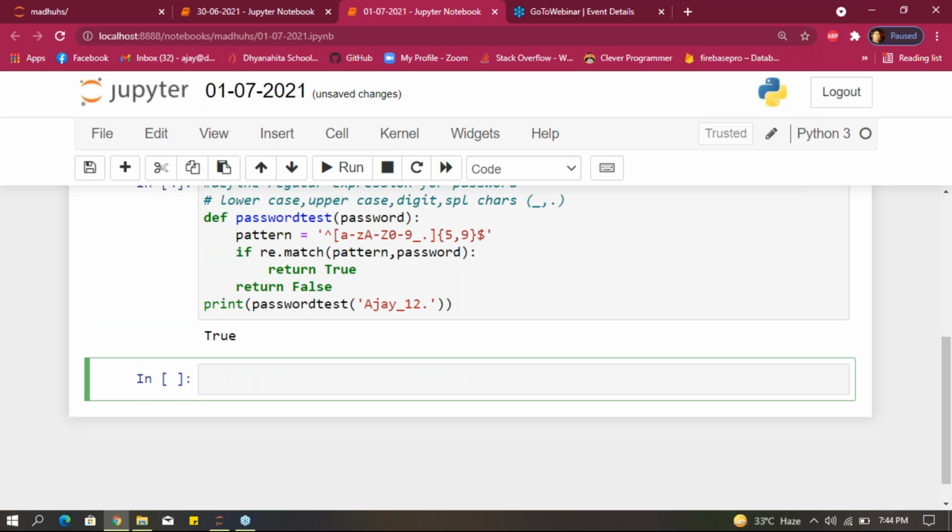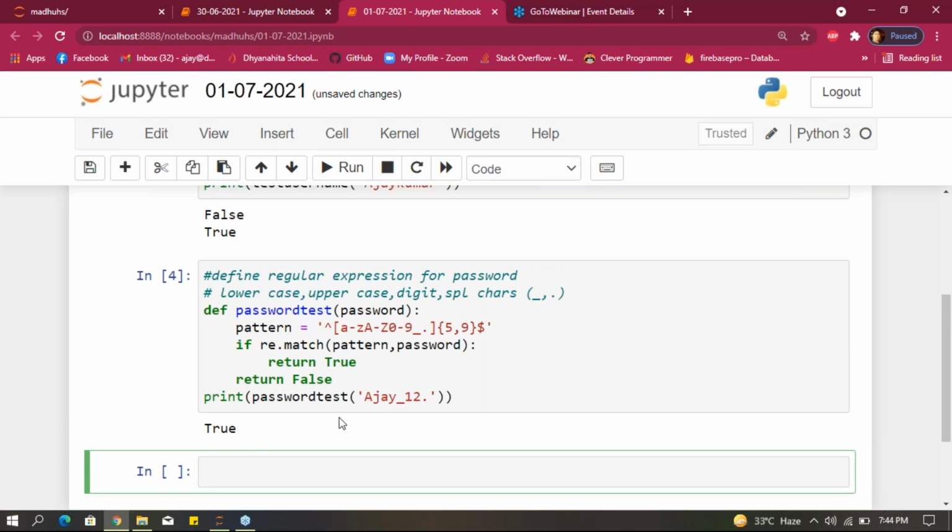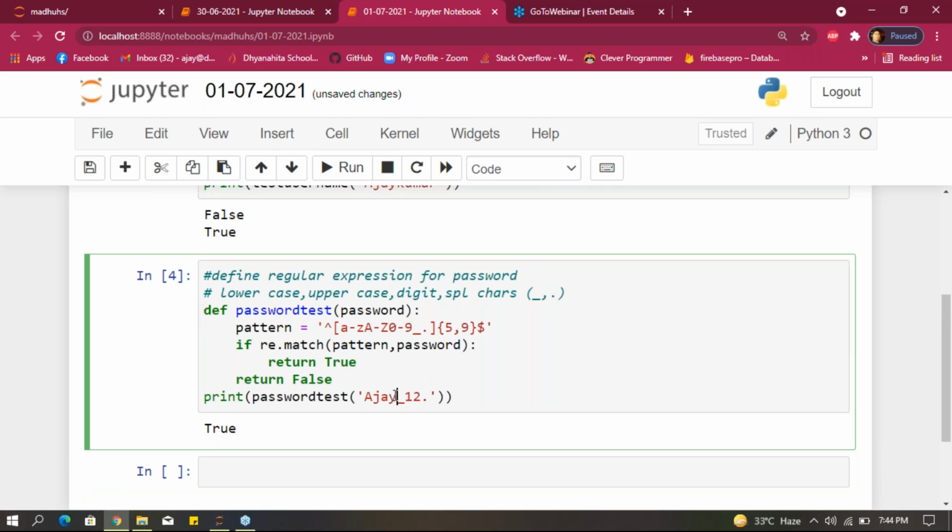If I give this, look what happened. 1 2 3 4 and 5 6 7 8. These 8 characters satisfy the minimum, and we have lowercase and uppercase letters, special characters, and digits.